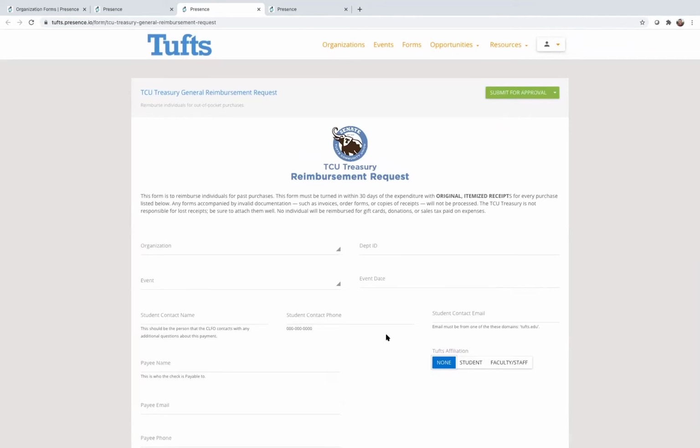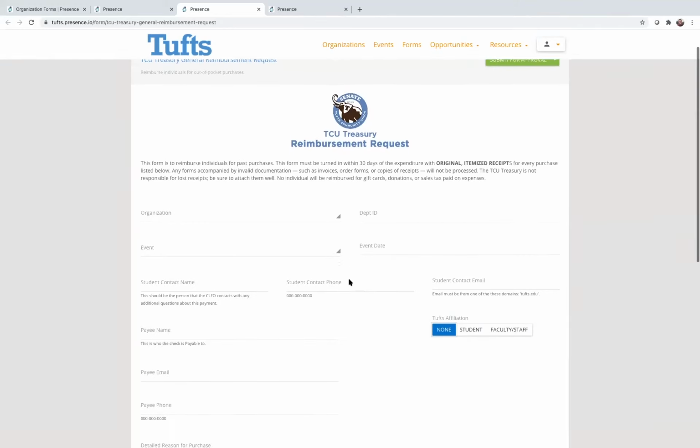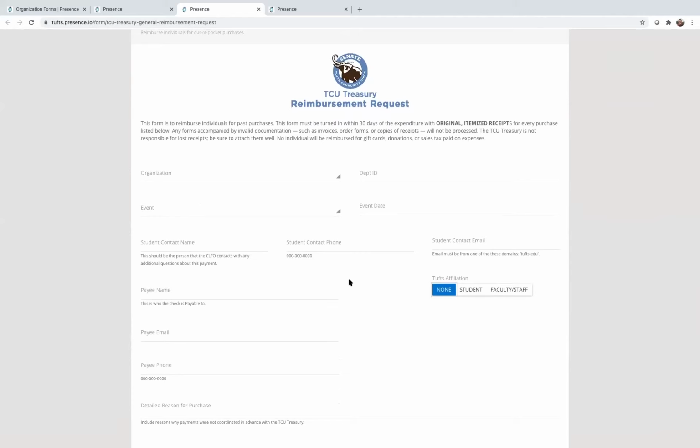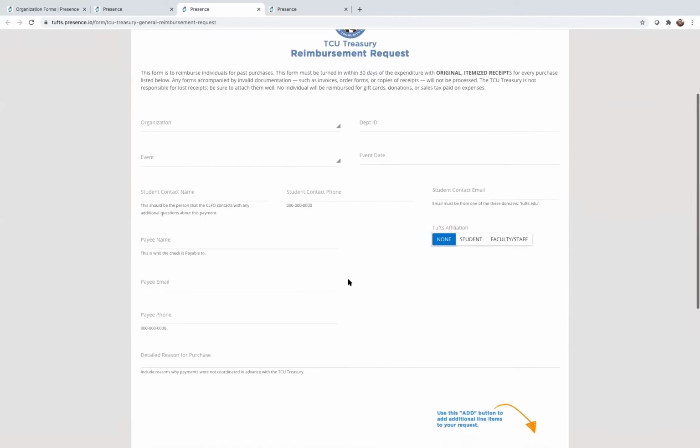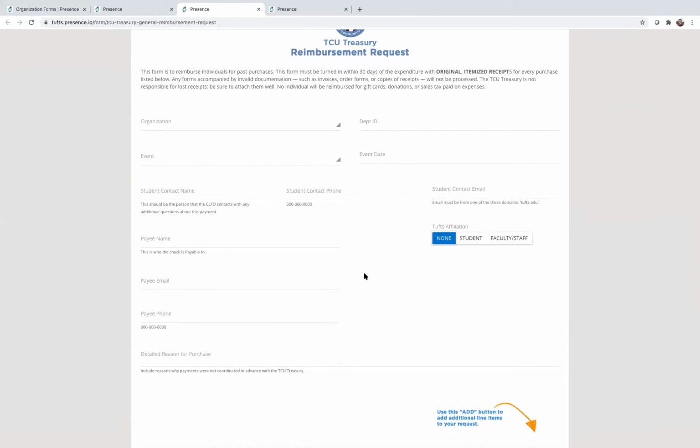Our second most popular form is our reimbursement request form. So once again, you'll be asked to enter in your organization information, the event details if that applies, as well as the contact information for the student who knows the most about this information. Next, you'll be asked to enter in the payee details, so that would be the name of the individual who